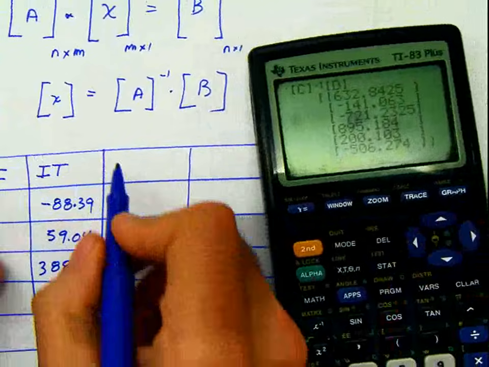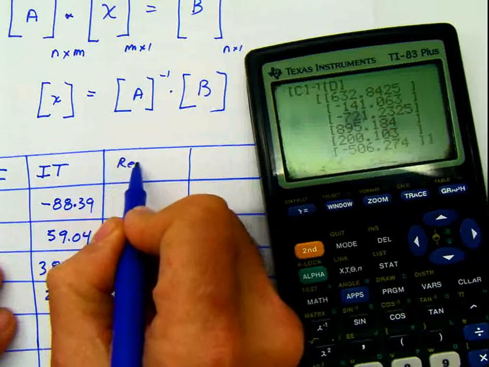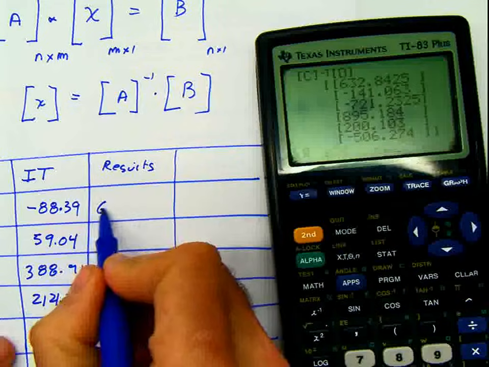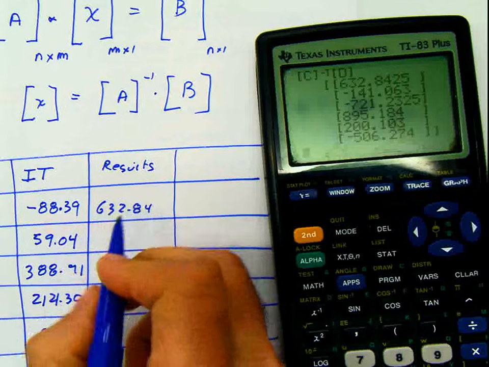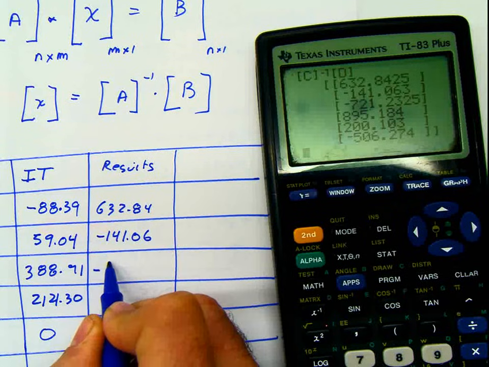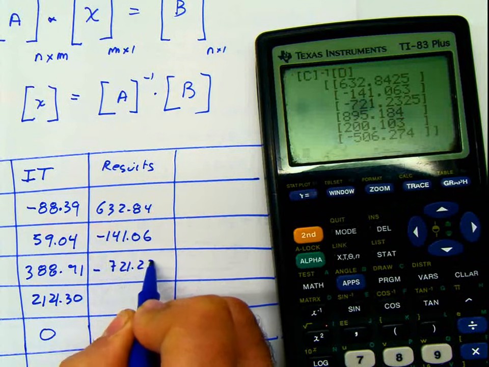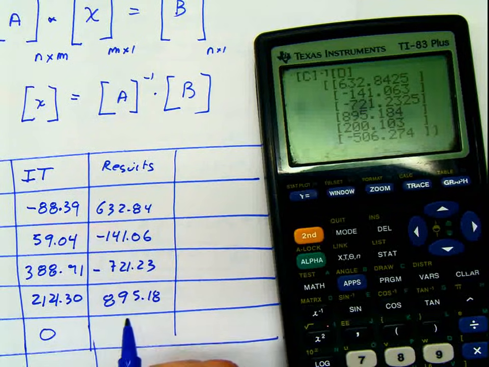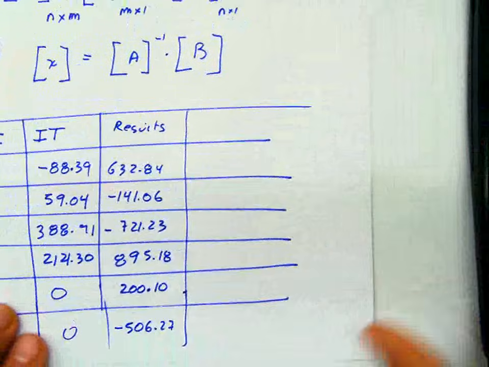This is gonna be results. $632.84, -141.06, -721.23, 895.18, 200.10, -506.27. You have to put the corresponding units to each one of them, and then you have to identify each